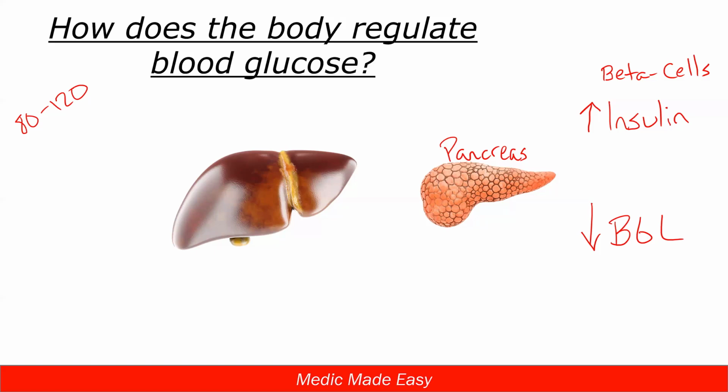Okay? So if we have our pancreas, if we have those beta cells making more and more and more insulin, then the amount of sugar in our bloodstream is going to be going down, down, down, because more of those keys are getting made, more of that insulin is getting produced. So it's opening those doors on the cells, and it's allowing that sugar to move into the cells, thus out of the bloodstream. And we're checking sugar in the bloodstream, that blood sugar check, blood glucose check.